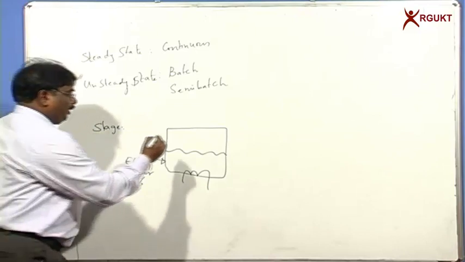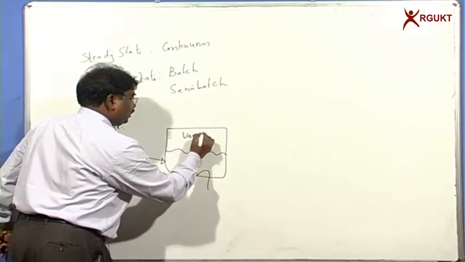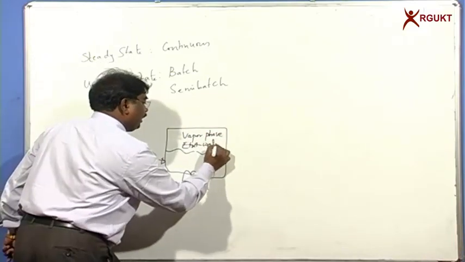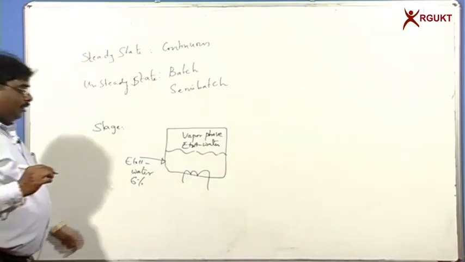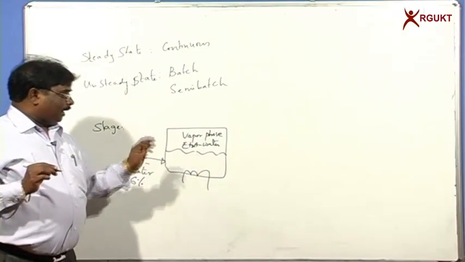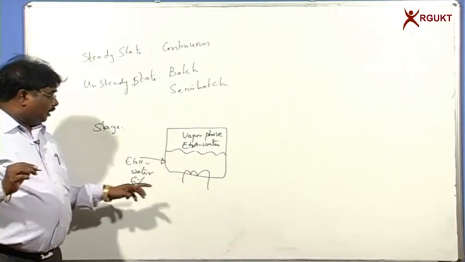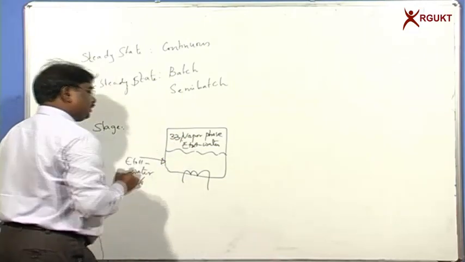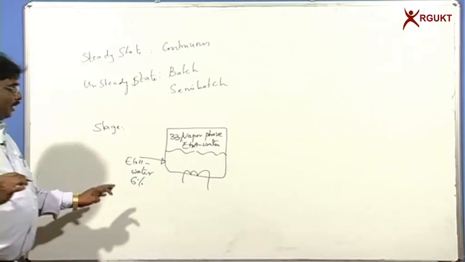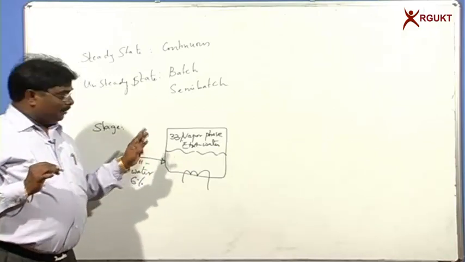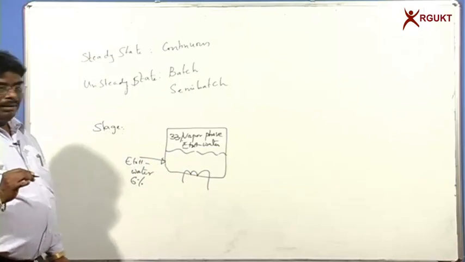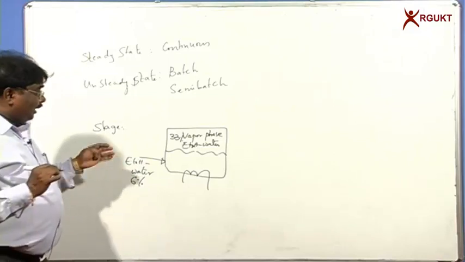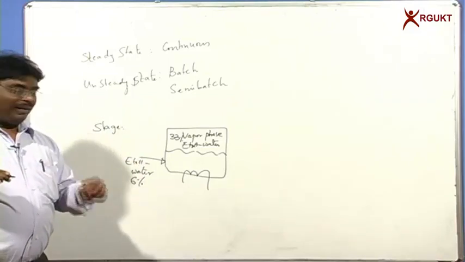So we get a vapor phase, and in the vapor phase we have both ethanol and water, but in different proportions. The vapor liquid equilibrium diagram from thermodynamics tells us that when we take 6% concentration, we may get around 33% ethanol and 67% water if thermodynamic equilibrium is established between the vapor phase and the liquid phase. But as you know, no stage is an ideal stage. Generally the ideal stage is taken as a standard reference, and